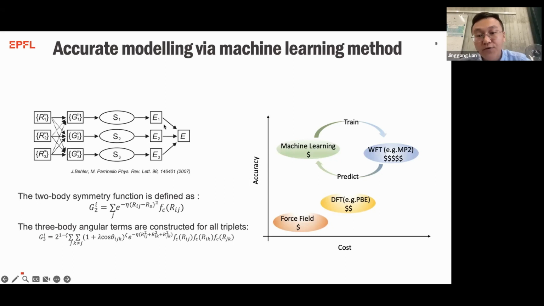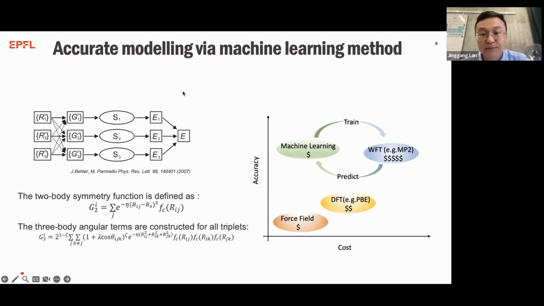So our strategy is to apply machine learning methods. We use a well-established Behler-Parrinello neural network, where the energy and forces can be written as a set of 2-body and 3-body symmetry functions. The machine learning potential is based on our MP2 data, and is then able to reproduce MP2 quality